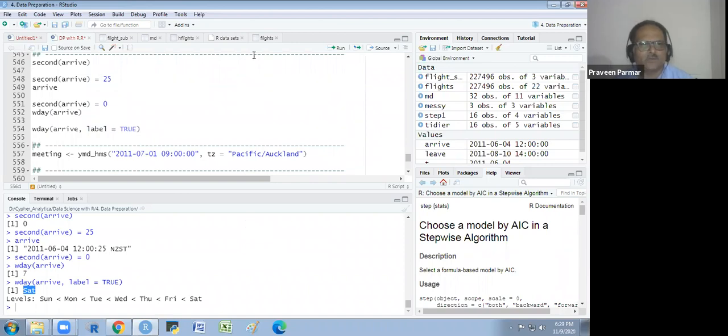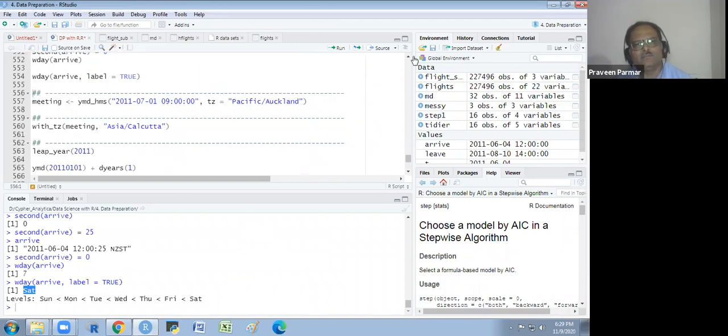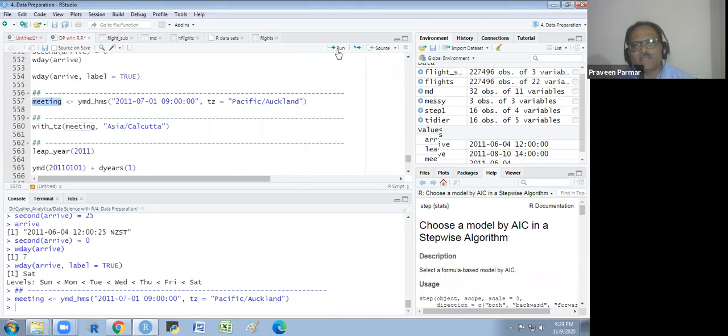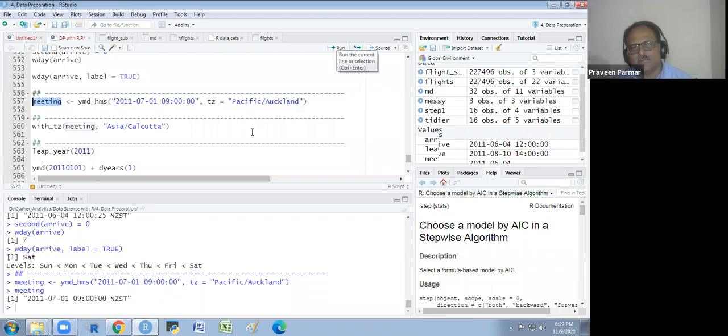Okay. Some more things I would like to explain to you. This is the Pacific I have given here, and if I show you, it is the meeting time they have mentioned in the mail, but as per their time zone. Got it? And I am in India and I want to see what would be the time.